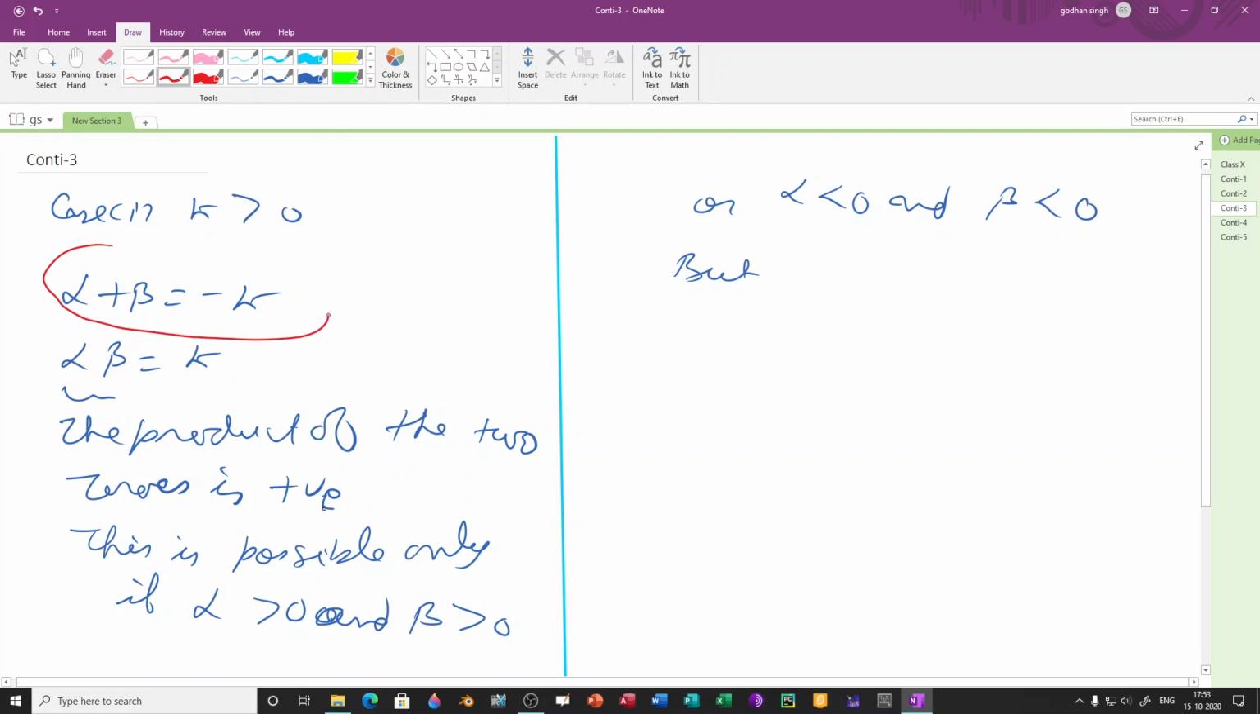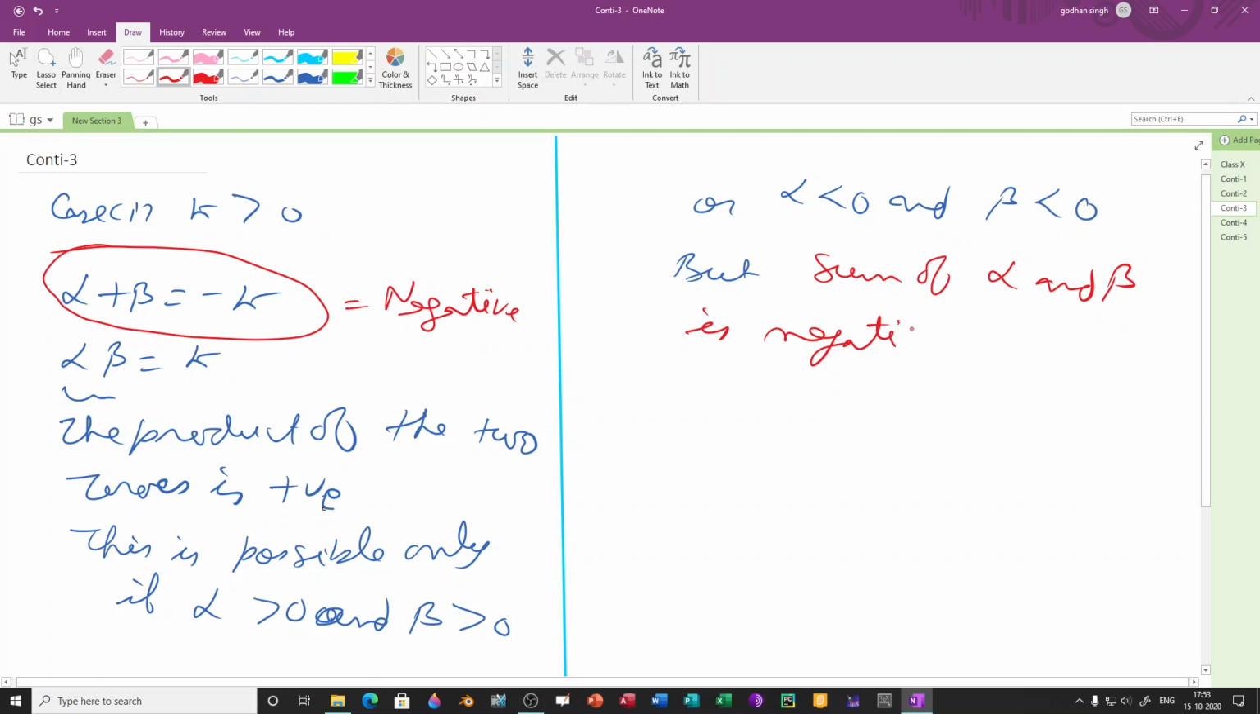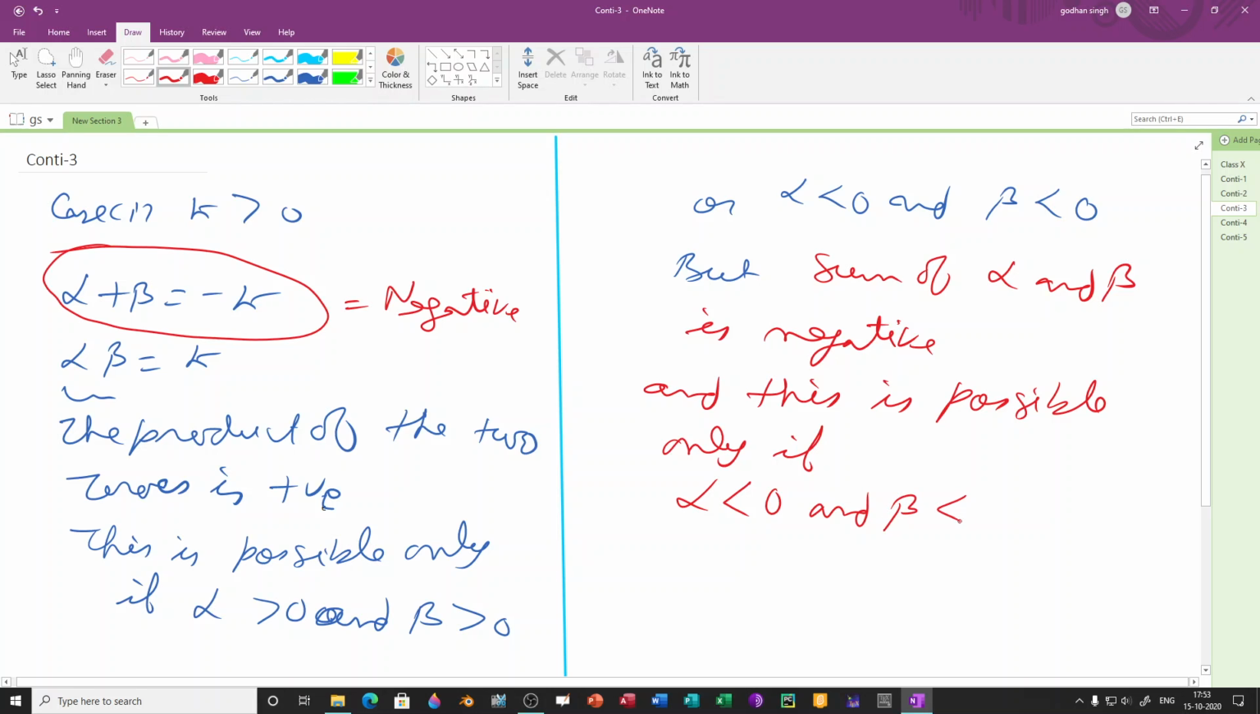The sum here is alpha plus beta, that is equal to minus k, which is negative, because k is positive. But the sum of alpha and beta is negative, and this is possible only if... when it is possible, the sum of two numbers, if both are positive, it is not possible. It's possible only if alpha is less than 0 and beta is less than 0, because we have only two